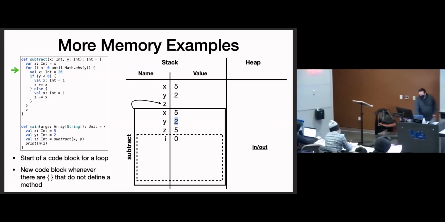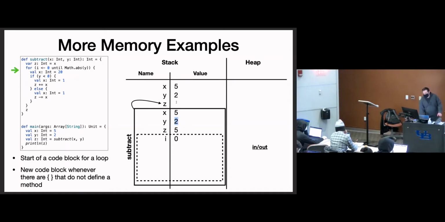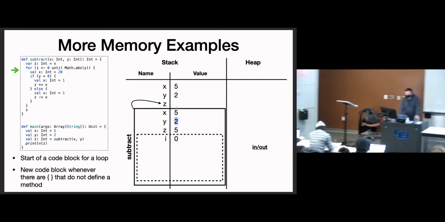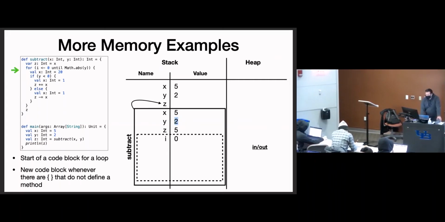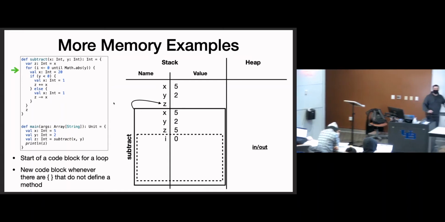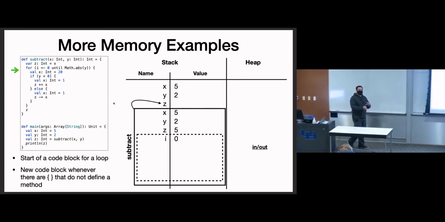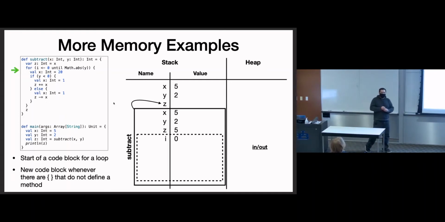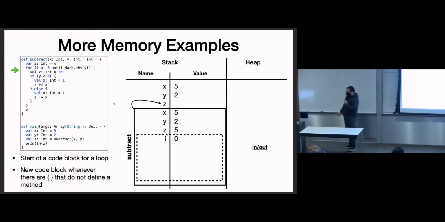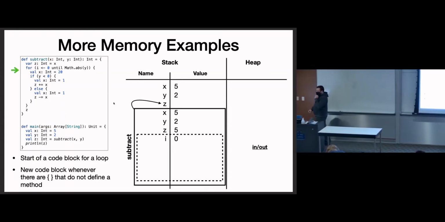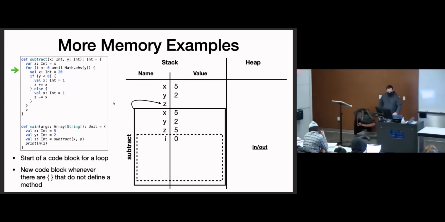y inside the stack frame is 2. Same outside the stack frame, just by chance, by the way the example is set up. 2, absolute value of 2 is 2. So 0 until 2 is going to loop 0 and then 1. And then that's it. We're going to get 2 iterations of this loop. First, i equals 0, and then i equals 1. So we start with i equals 0. And then the next thing,